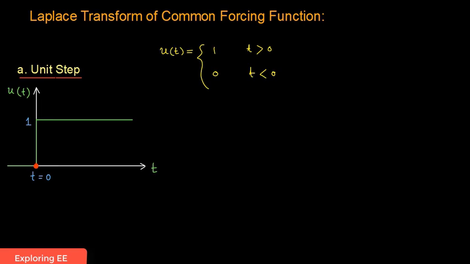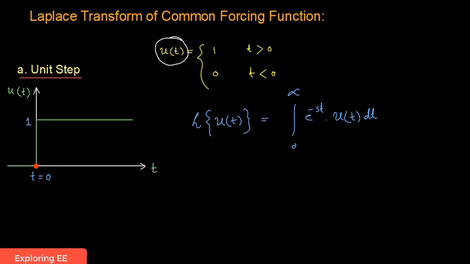First of all, the unit step function is denoted by u(t), which is equal to unity for t greater than 0, otherwise it is 0, and t equal to 0 is a point of discontinuity. So if we take the Laplace transform of u(t), L{u(t)}, we have the integration from 0 to infinity of e^(-st) times u(t) dt. u(t) equals unity after t equal to 0+, so it is simply the integral from 0 to infinity of e^(-st) times 1 dt.